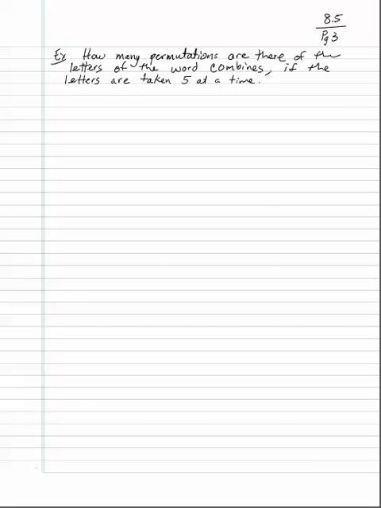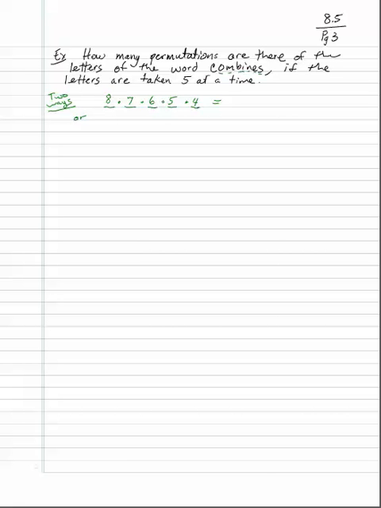Okay, so how many permutations are there of the letters of the word combines if the letters are taken 5 at a time? So basically we're saying, what are 5? There's 2 ways to do this. We can use the fundamental theorem of counting. Okay, 2 ways to do it. So there's 1, 2, 3, 4, 5, 6, 7, 8 letters. So I can put 8 letters for the first one, 7, 6, 5, 4, and then multiply that out. Or